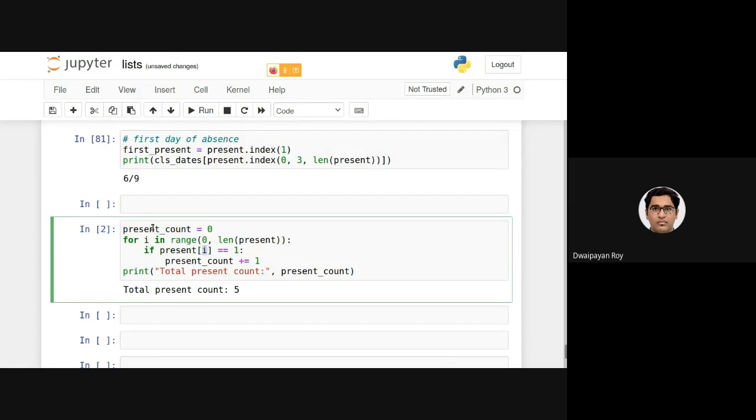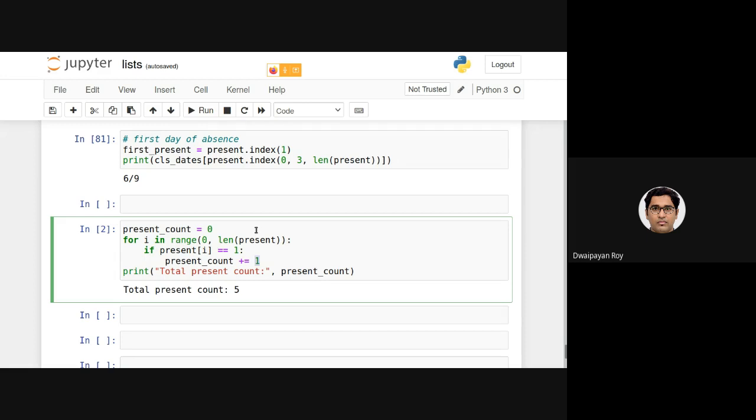I have initialized a count to 0, I'm traversing all the items in this present list, checking the item stored in that location, and if it is 1, I'm incrementing the count.